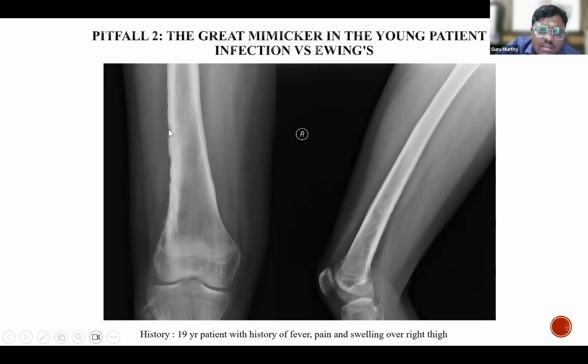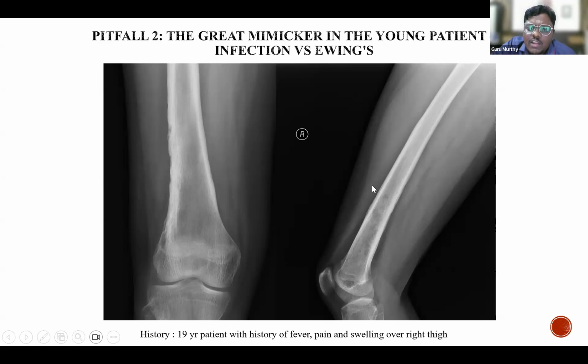cortical irregularities there on the lateral aspect, anteriorly unilaminated periosteal reactions. So the other features, the lytic nature of the lesion, that is permeative, moth-eaten, wide zone. This is telling that this is a very aggressive kind of lesion. So you can have at least one or two features which is showing aggressiveness. The periosteal reaction can be aggressive or non-aggressive, but you pick the aggressive part and label it as an aggressive kind